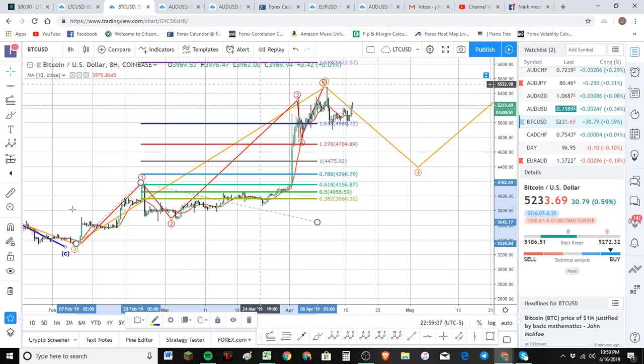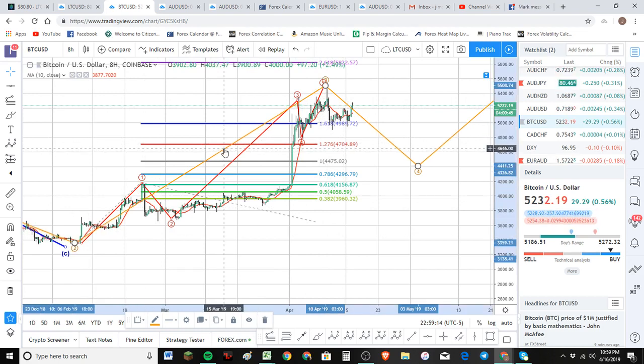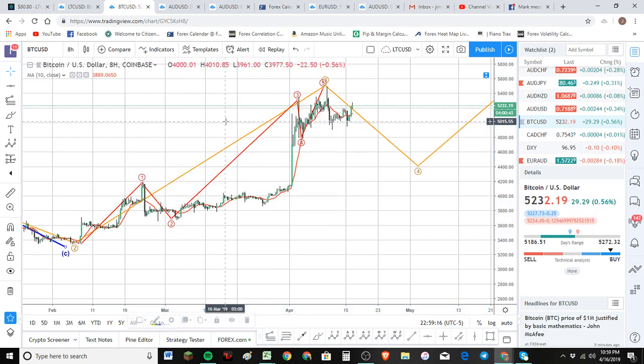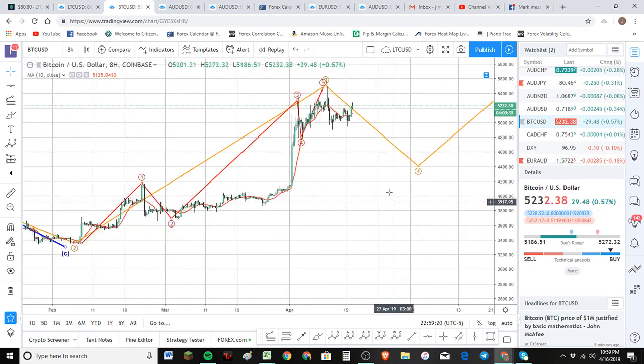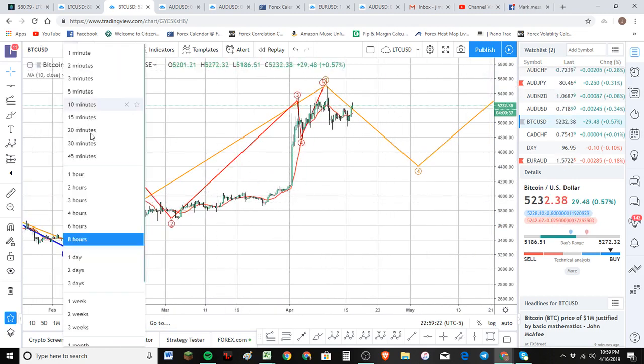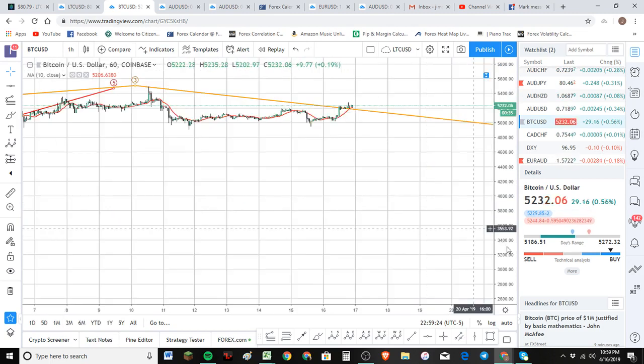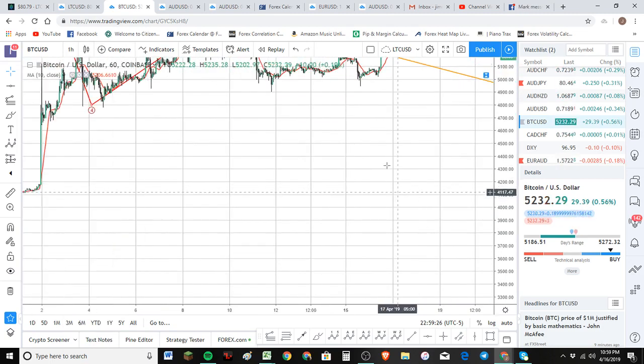All right, so we've got to 1, 2, 3, 4, 5. So there's 5 waves of the third wave. So this is looking really good. That means we're putting in a 4 wave right here. So if we zoom in to the 1 hour chart, we know that we've got a corrective wave being formed,